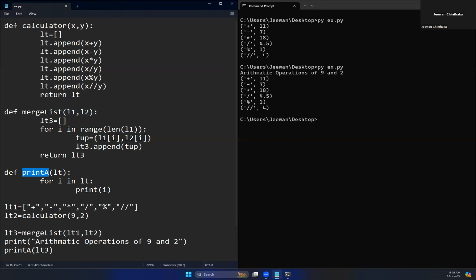I hope I received one answer. That means I hope the others have also finished it. We have discussed so far how to define a function with no parameters, with parameters, and how to pass the values as arguments, that means how to pass with keyword arguments. And then thereafter,